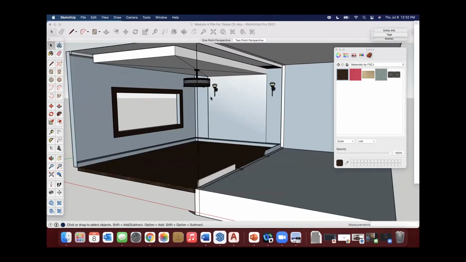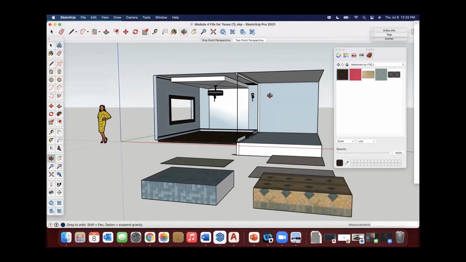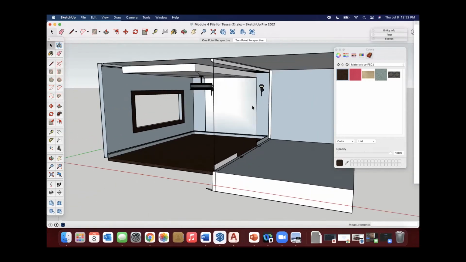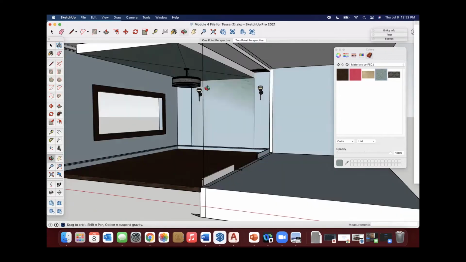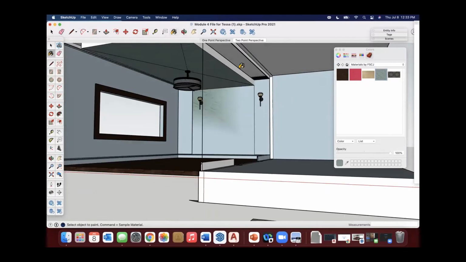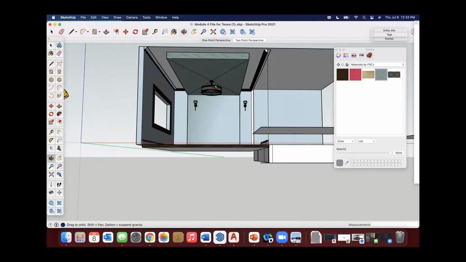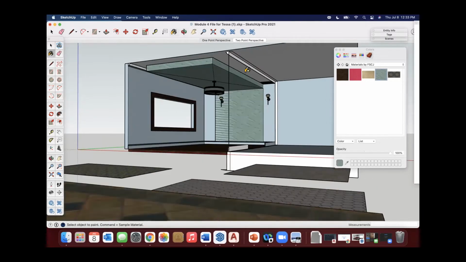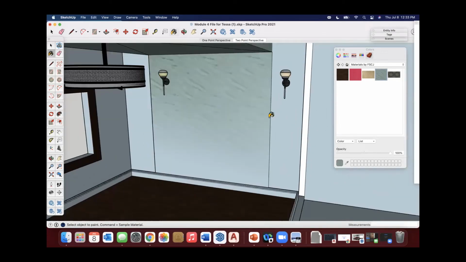All right, so what's happening though is we can already see some flashing, and I'm going to apply this because this is a perfect example. Students do this all the time where they're like, it's flashing and things are fighting and it's not wanting to show the material properly. So for example, I am applying this material here to our ceiling surface and our back wall. Now notice it's not flashing on the ceiling, it's only flashing on the wall.